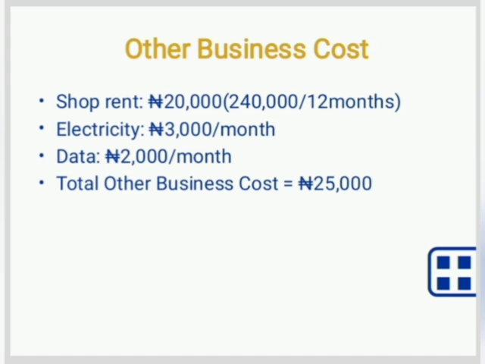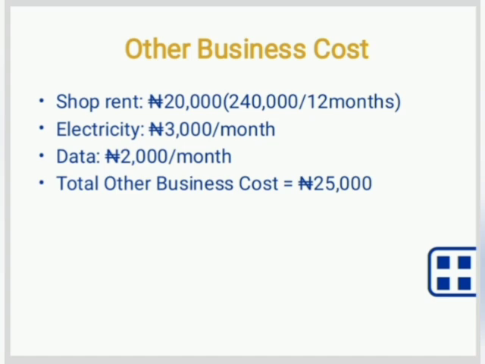You can't cook your food again. Who will buy the food again? So the money you spent in buying that meat will be a waste. Why is it a waste? Because you did not preserve the meat. Why didn't you preserve the meat? Because you don't have maybe NEPA lights. You didn't buy lights. Maybe you don't even have gas for you to have cooked the food and kept that